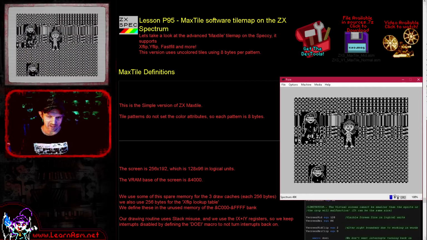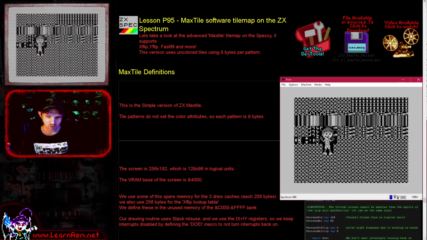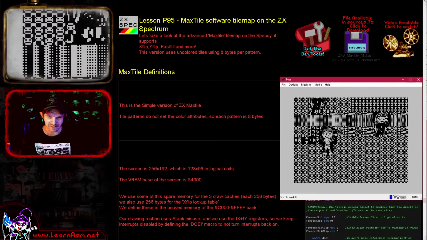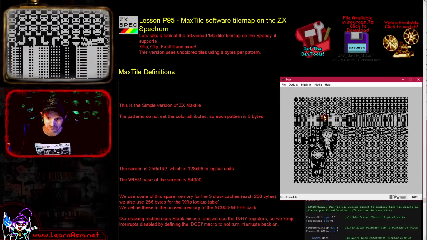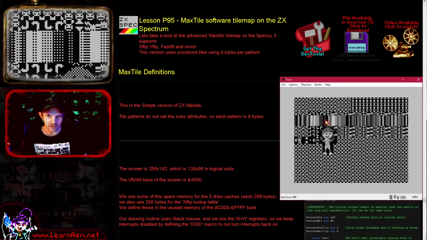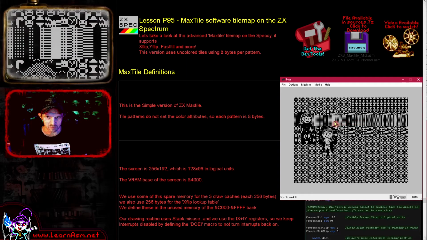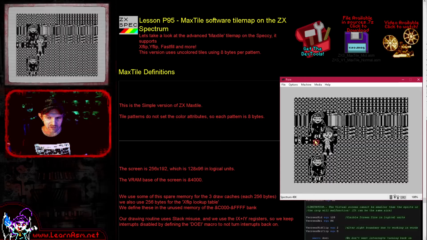So here is the example. We've got a character moving around the screen, and we have things like X and Y flip and X plus Y flip. We also have clever tricks that will hopefully save a bit of processing power. If I can get my mouse cursor working properly, I cannot. We also have clever tricks like fast-filled tiles filled with 2 bytes to save some time. Double height tiles, these ones are stretched double height, and that saves some source bitmap data, things like that. So we've got various other tricks included in the code, and so we're going to take a look at that